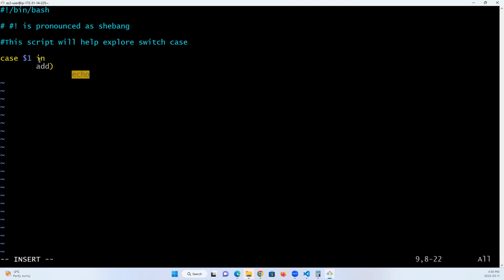You see, this is the first option. You close it with this bracket. There's no opening bracket. This is the first option. I want to add: echo the sum of the second and the third arguments